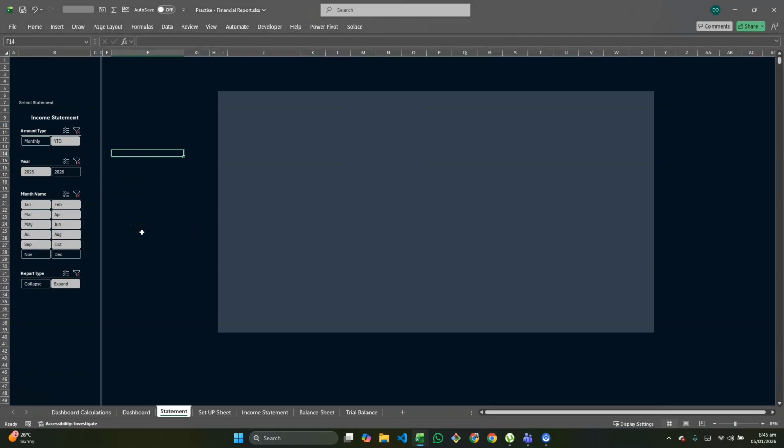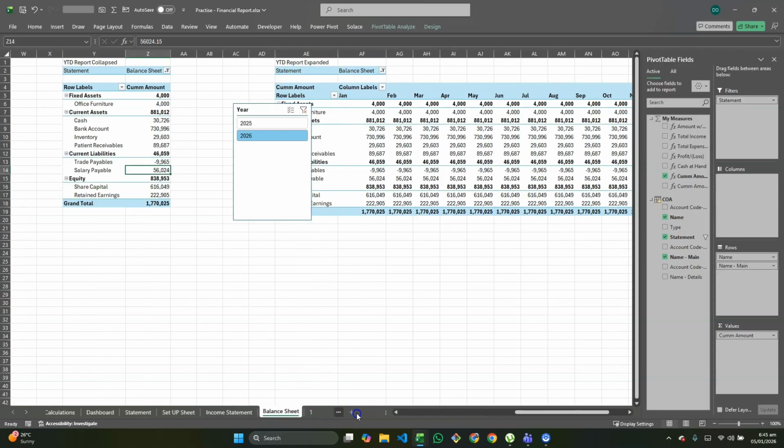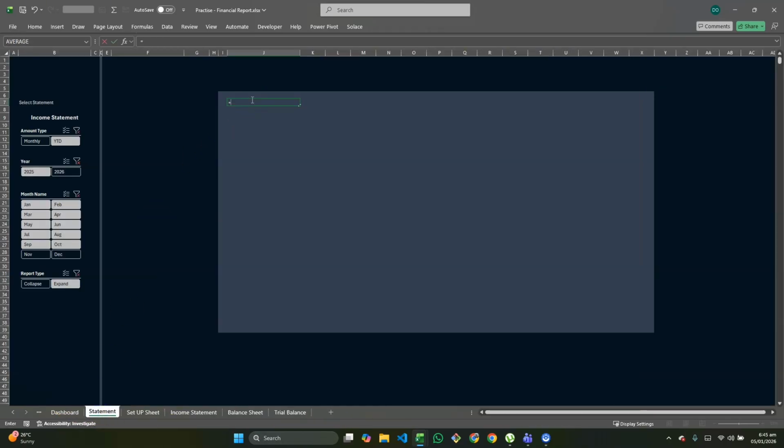Good. Okay. So now what we're going to do is based on the selection. So income statement, the amount type selected, and then the report type, it should pick one of the reports in this sheet, or that sheet, right? Good. So how do we do this? It's going to simply be a concatenation. So we select this guy,